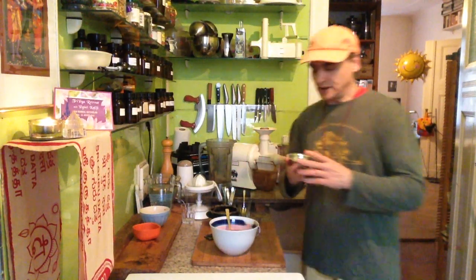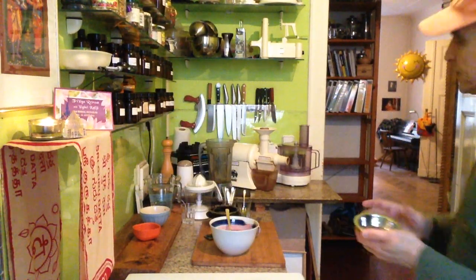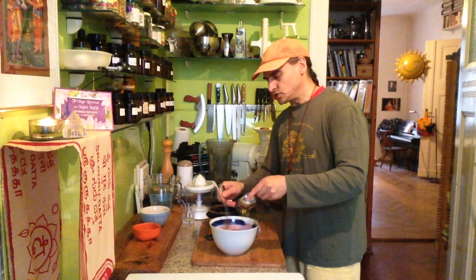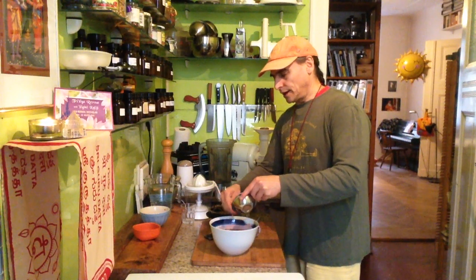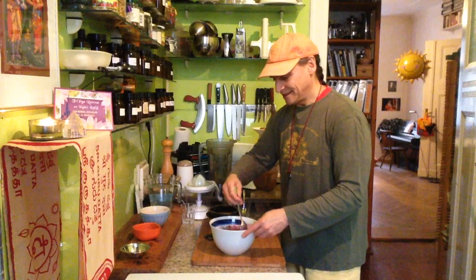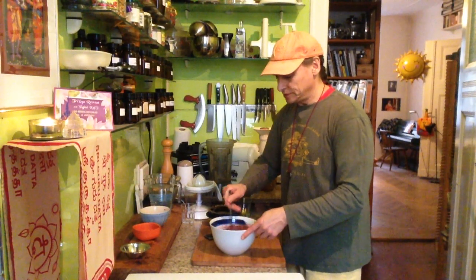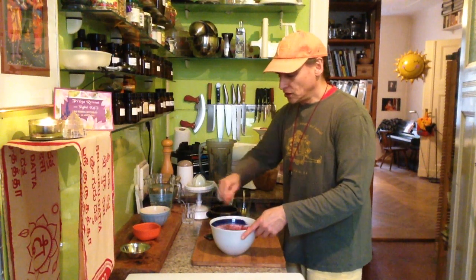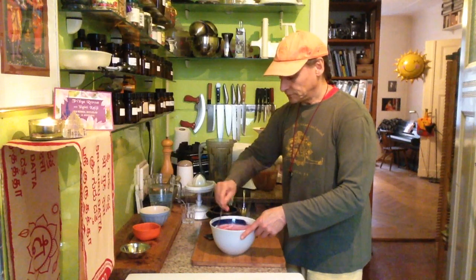So now comes the thing with the chia seeds. I have 4 teaspoons here, no, 4 tablespoons of chia seeds. That should be enough for a nice chia pudding. So I have a spoon here, and I slowly put the chia seeds into the liquid, stirring all the time. Yeah, like this. Stirring, stirring, stirring, stirring. It's important to stir now because the chia seeds can stick together in the liquid, and then they have little lumps, and that is not nice. The chia seeds should be spread evenly in the liquid,